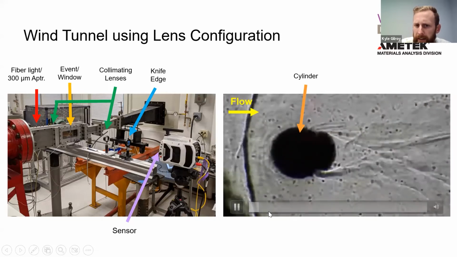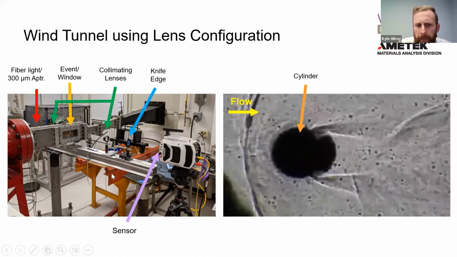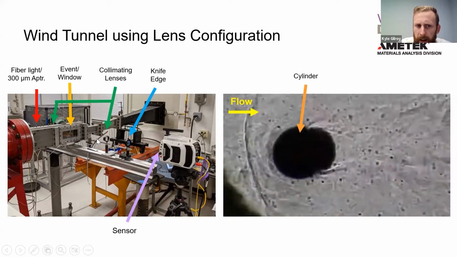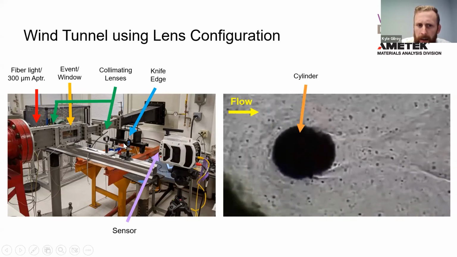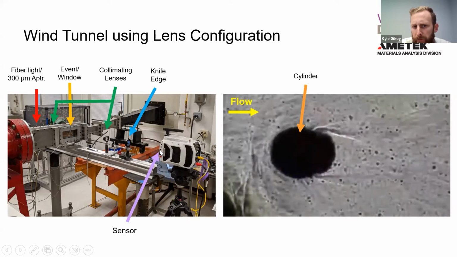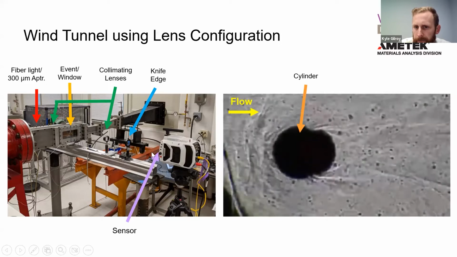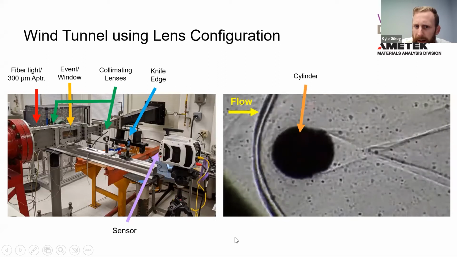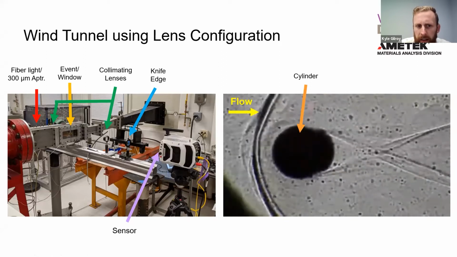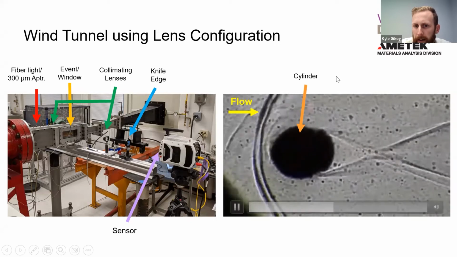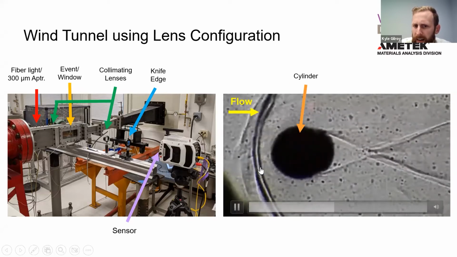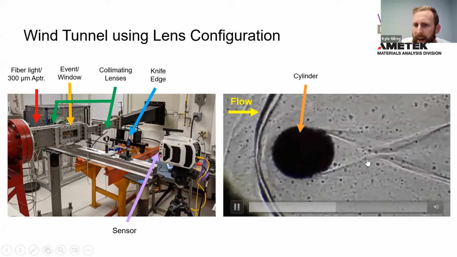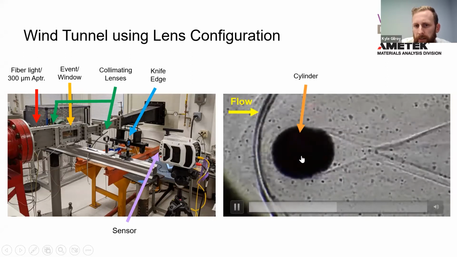On the subject, those photons came through the setup. They got collimated, they got condensed back down. There was a knife edge here, and then the image was projected onto a high-speed sensor. The goal of the test was to visualize what the steady state looked like when the wind tunnel reached its max speed. From this information, they can see the refractive index gradient of this event, and they were able to make some conclusions about some key lengths and angles that resulted from this cylindrical event being subjected to that high speed